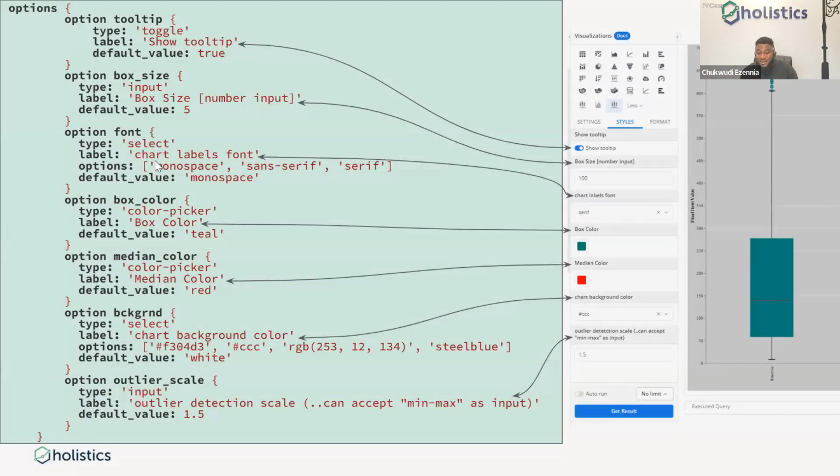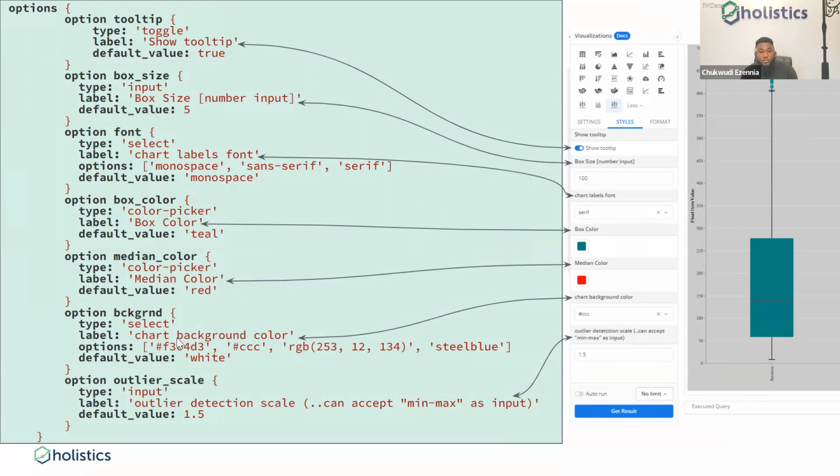You are able to set in a list of various font types you want your users to be able to pick from. And then the default value we set here is monospace. So all of this applies to the same thing. The box color we set in the color picker. Now, this is actually very interesting because in Holistics, as an admin, you're able to set in wide arrays of colors available to your organization. You can set in your own default colors. And those color settings you do in Holistics get made available to your end user, to be able to pick from those default colors you've set.